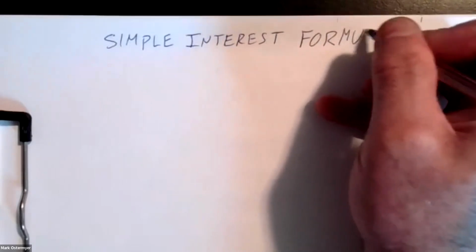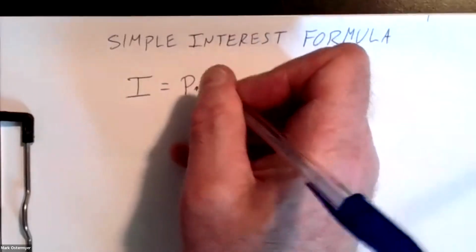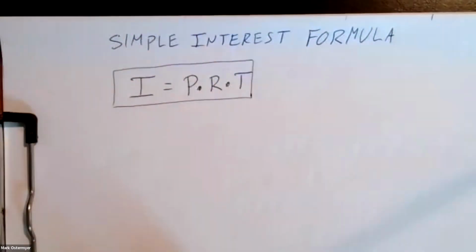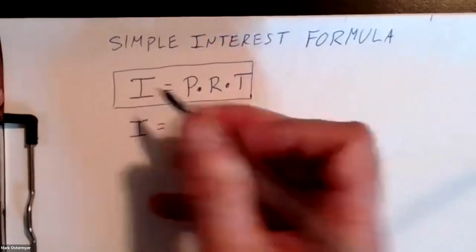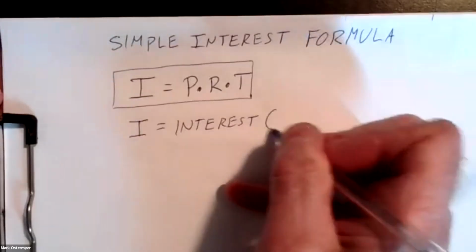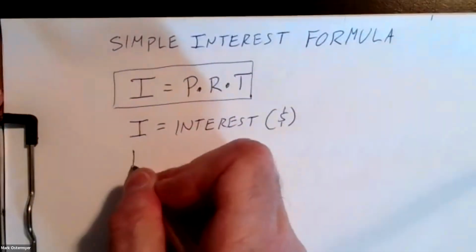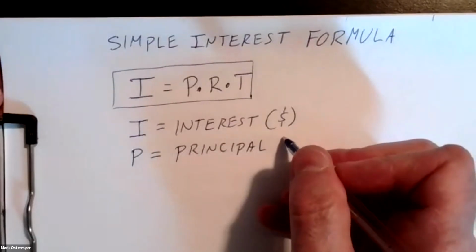Simple interest formula, and this is it. I equals P times R times T. That's called the simple interest formula. That is how simple interest is computed, where I equals, what do you think I represents? Interest. That's the interest. And of course, we know interest to be a dollar figure, correct? Interest is money. P is, what do you think P stands for? I want to say percent, price. Well, no, that would be the principal. That's the initial